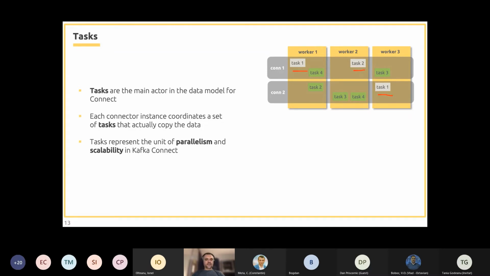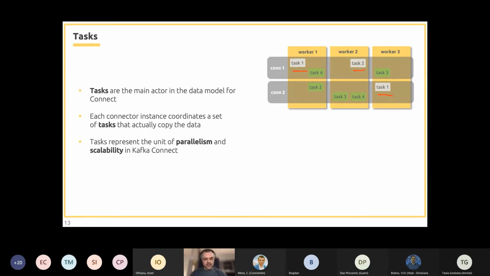And one thing I want to mention is that the number of configured tasks might be lower than the actual number of tasks Kafka Connect is running. And this depends on the connector type and our environment.